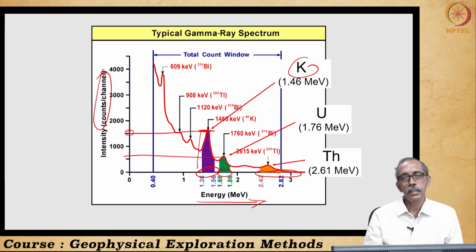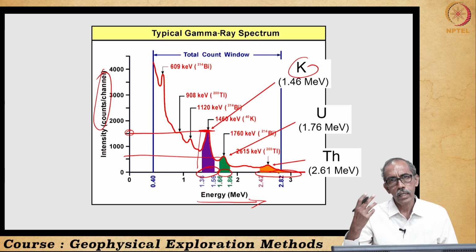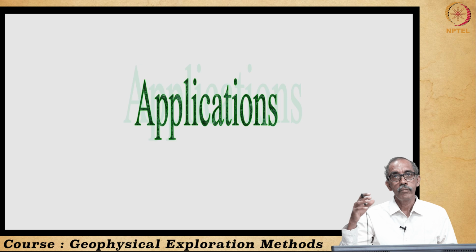This is the advantage of the gamma ray spectrometer, whereas the first two instruments, the Geiger-Müller counter as well as the scintillation counter, will give us only the total gamma ray, which is not very helpful, but at least it will give us a clue whether we can deploy the gamma ray spectrometer at a particular place, right. This is how we are able to get the spectrum and also the approximate concentration of these elements by carrying out the survey at the surface of the earth.